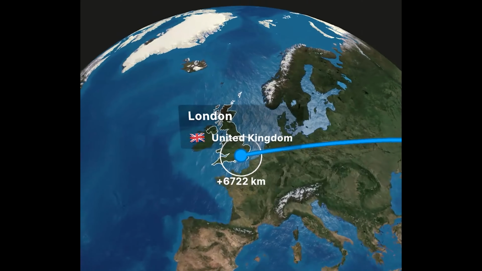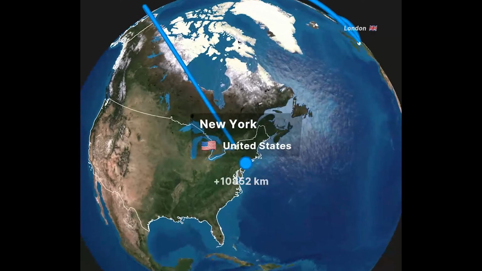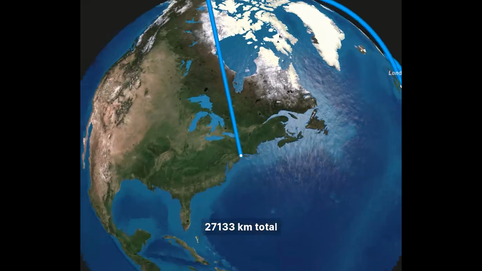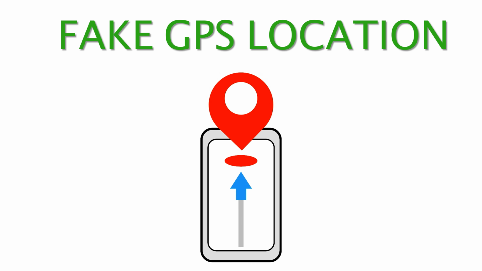Imagine being able to teleport your phone anywhere in the world. London, Tokyo, New York, all with just one click. Sounds unreal, right? Well, it's actually possible. In this video, I'll show you how to fake your GPS location on both Android and iPhone using one of